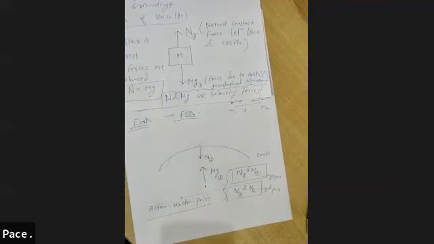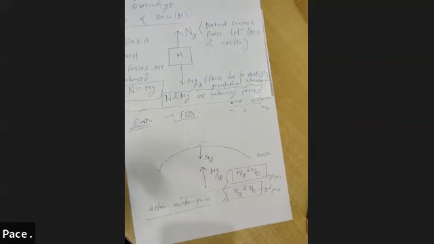What is action reaction pair? When two bodies interact, and apply equal and opposite force on each other, when they apply equal amount of force but in opposite directions on each other, those two forces will form one pair, and that pair is known as action reaction pair.